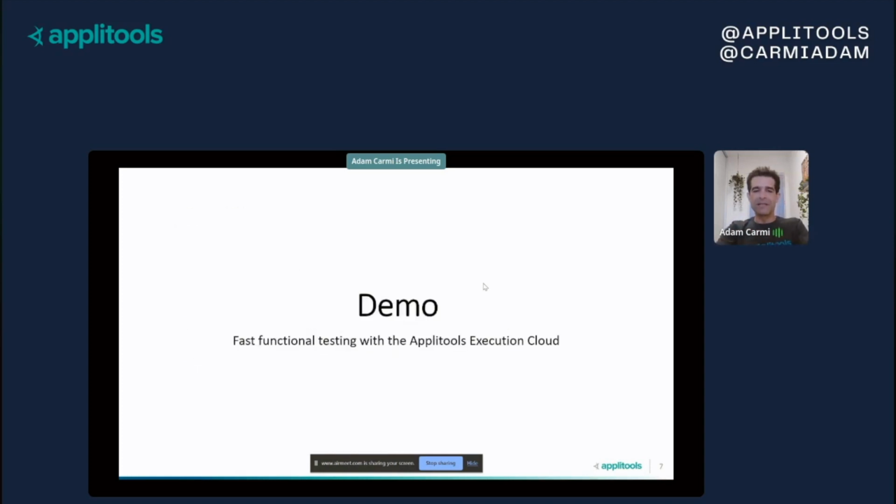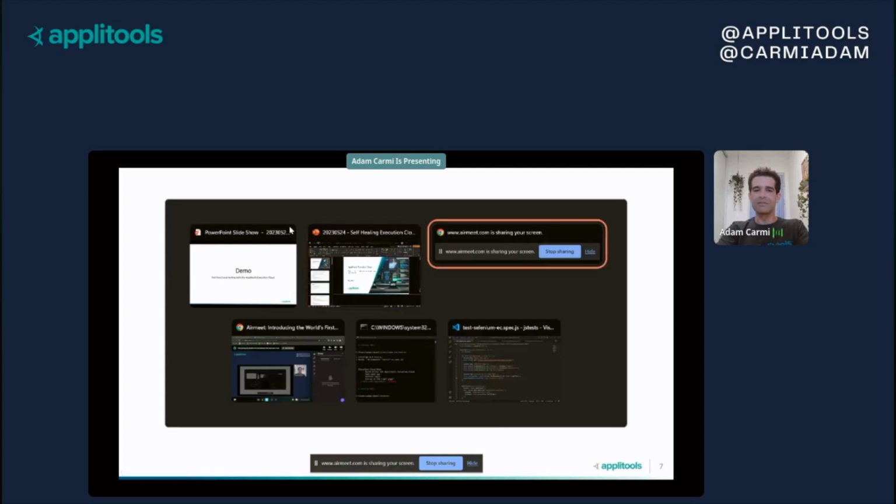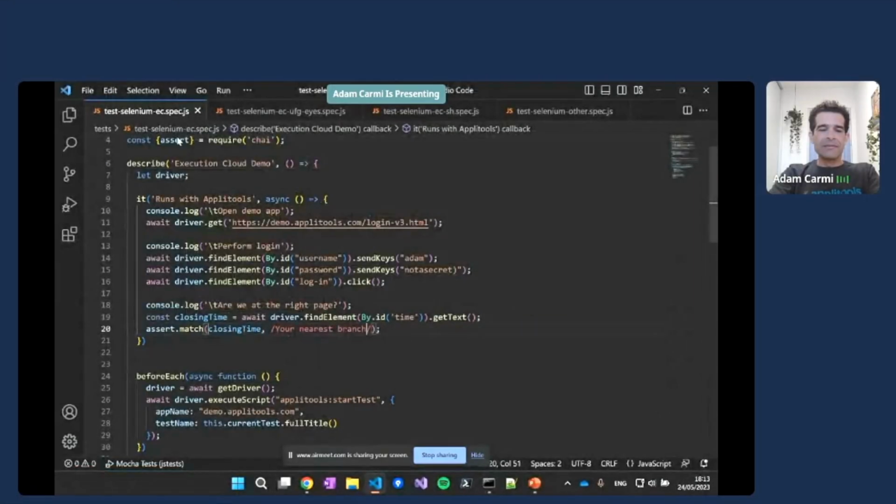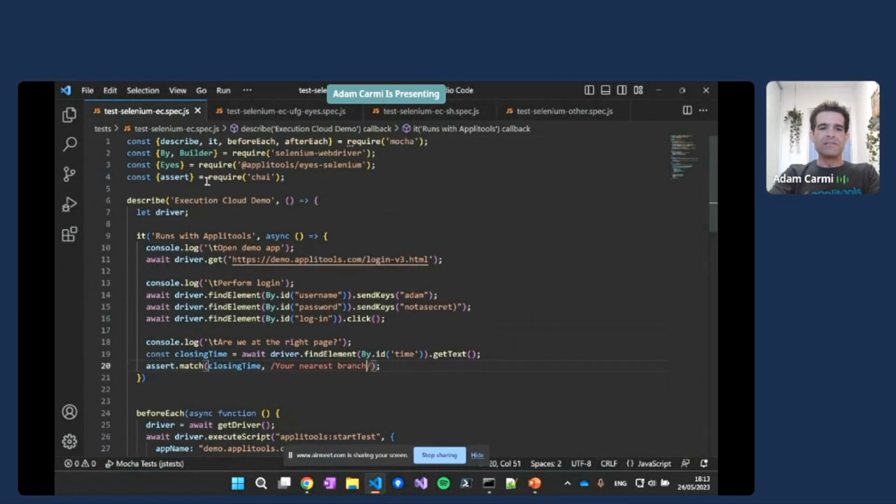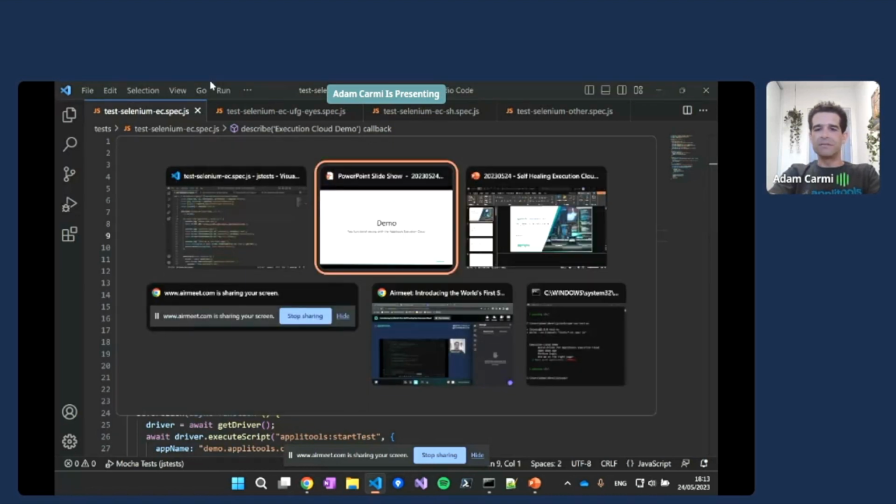So let's see how we can actually run just a fast functional test on the Execution Cloud. What you can see here is a JavaScript Selenium test on Localhost. And the test is very simple. Basically, what it does,